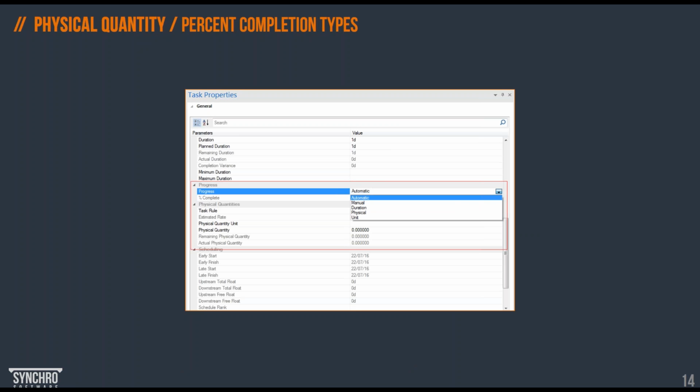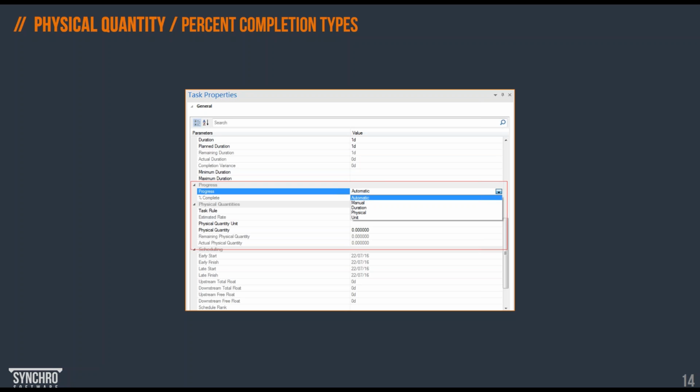Physical quantity. Percentage completion types. We have more percentage completion types in SYNCHRO. One I particularly like is physical quantity. So we have the capability to calculate duration of task based on this physical quantity, and that is completely independent from the assigned resources.